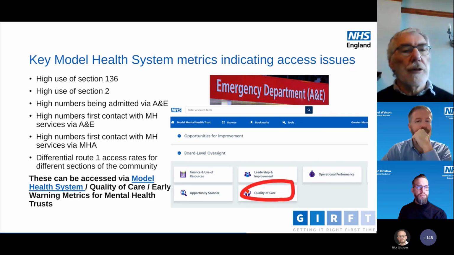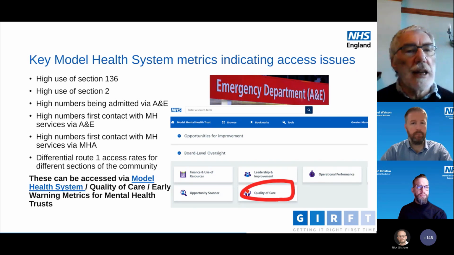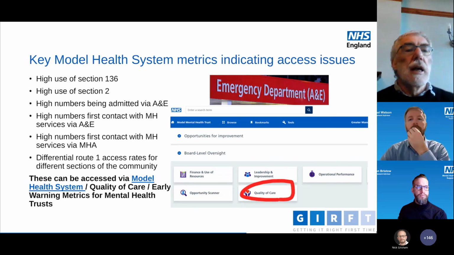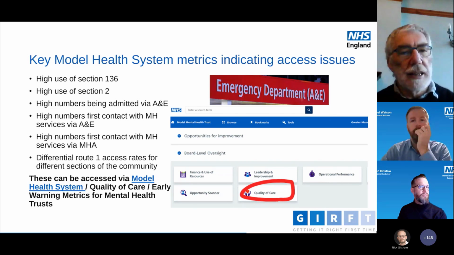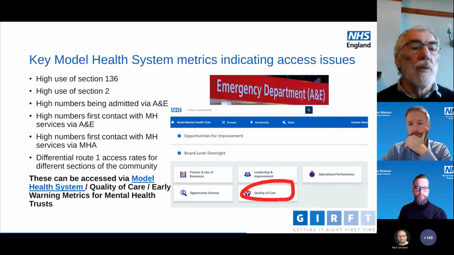Why are people not coming in through routine referral routes? Why are they having to go and present in crisis to A&E as their first point of contact? We've already said that presenting in crisis is a bad time to present. It's a difficult time to get a proper history of people. It's a difficult time to properly plan with people, because everyone's in a high arousal state. So you're not thinking straight. They're not thinking straight. Their memory is all distorted by the crisis they're in currently. So you will not get an accurate history. It's just the wrong way to come in.